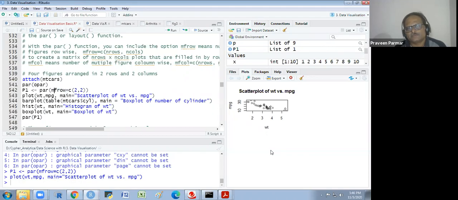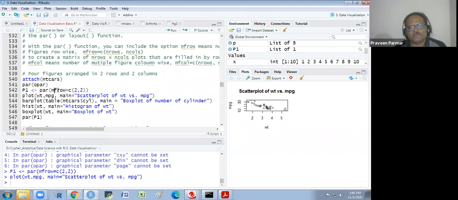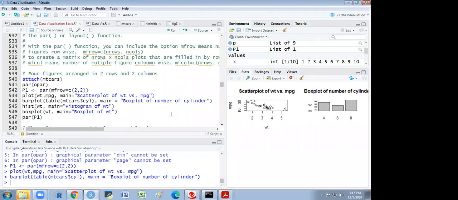Any doubt? Yes, sir. What is mfrow and what is mfcol? So it's not a big task. You could use mfrow only, or you could arrange the plots in that way, where you want. So bar plot I want on the right side of this. Got it? Yes, sir. And the third, histogram, I want here.